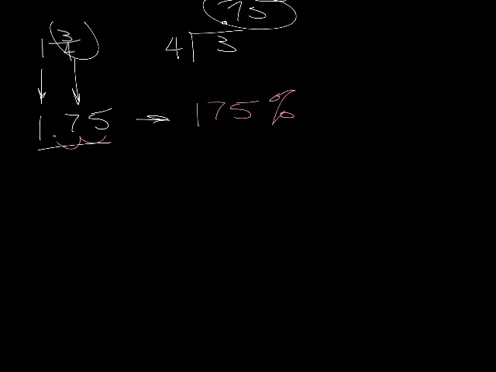And the way that I remember that anyway is I want to put a percentage sign on this. So in order to put the percentage sign, I've got to move the decimal closer to the percentage sign. And so I'm going to move it to the right to put the percentage sign on. If I was taking the percentage sign off, I would take it away from the percentage sign,